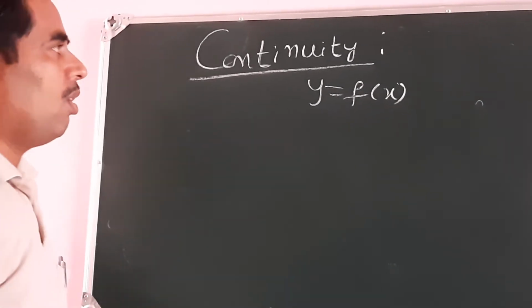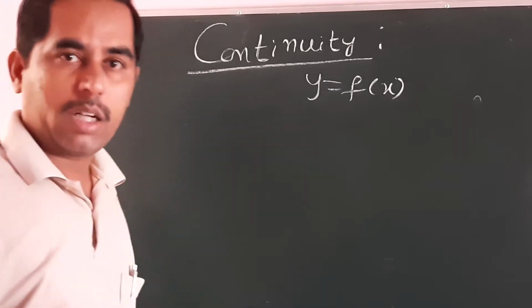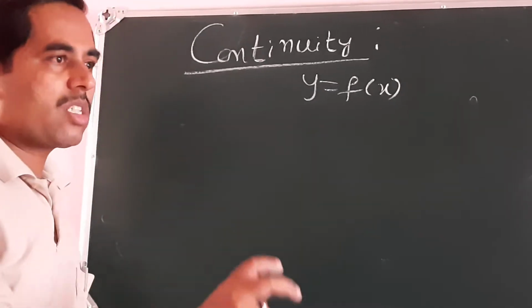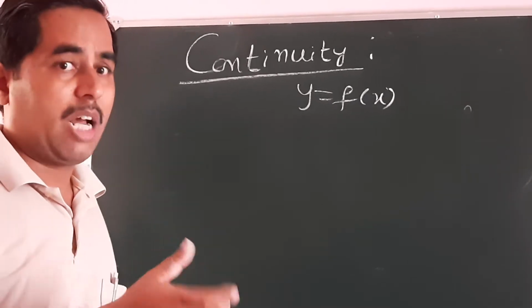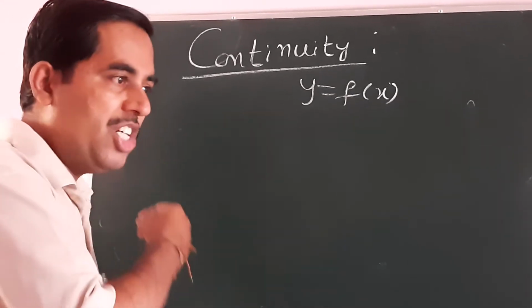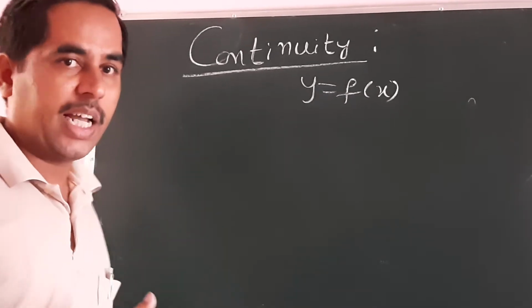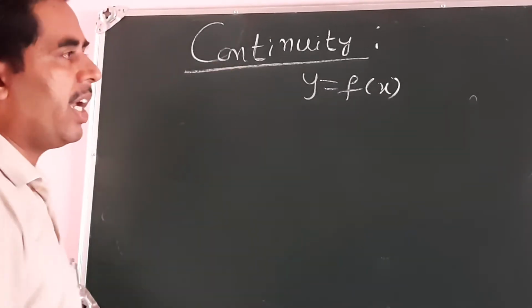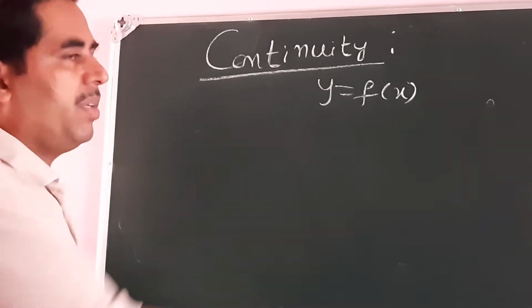The general meaning of continuous is without any break. That we know. So we don't have to stop at any one point; we have to be continuous without having a break. That is the general meaning here. But mathematically, how do you define continuity? For that, we can take one example and understand the meaning of continuity.